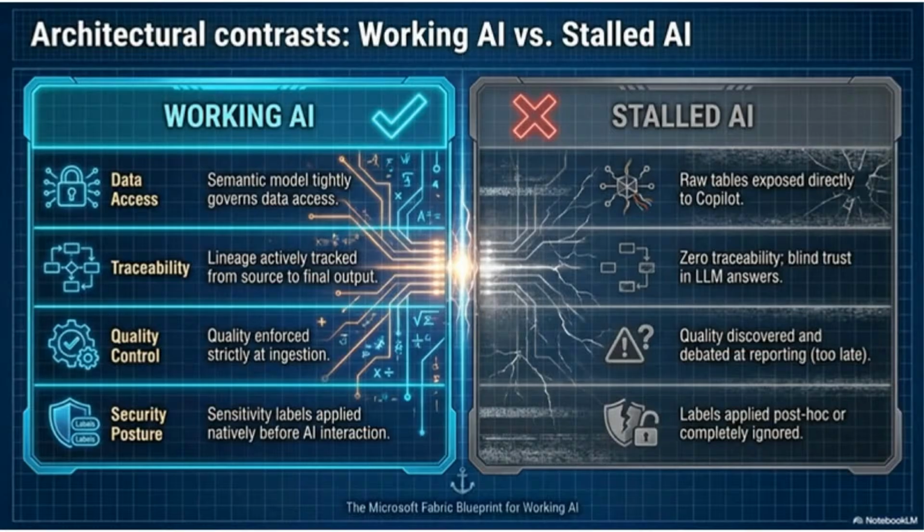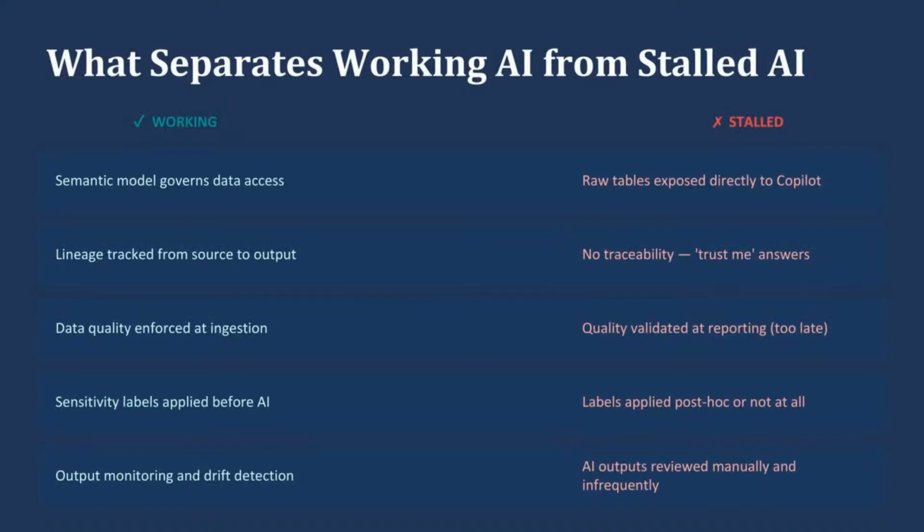Where what we want is semantic models tightly governing data access. We want lineage actively tracked from source to final output. We want quality enforced strictly at ingestion. I want sensitivity labels applied natively before AI interaction. So make sure those semantic models govern data access, lineage tracked, data quality enforced, sensitivity labels applied, output monitoring and